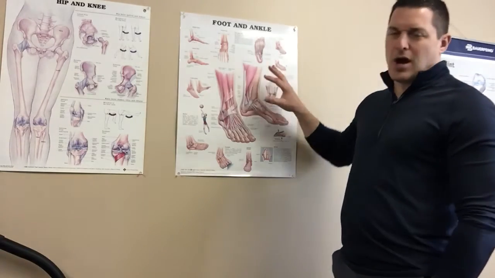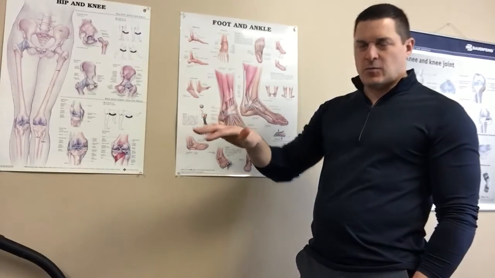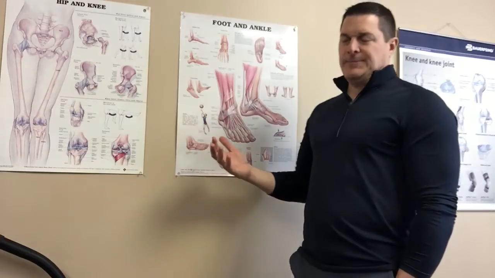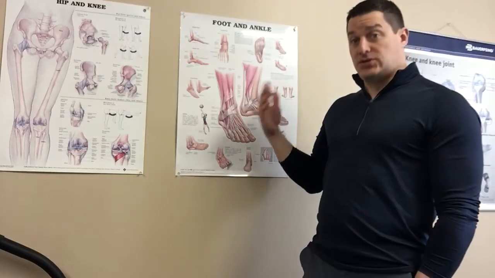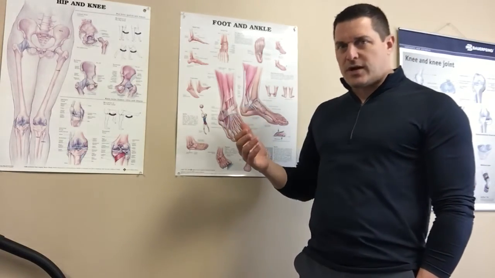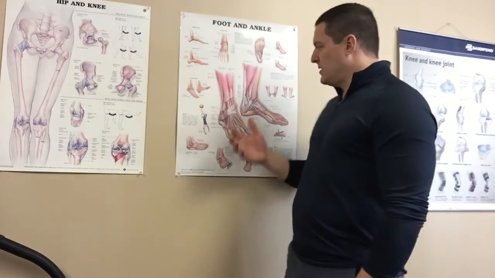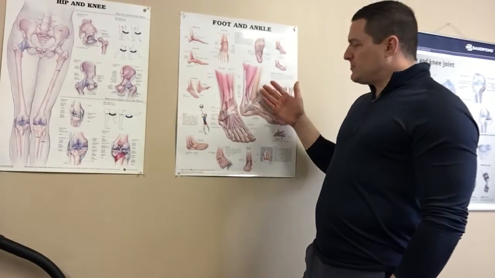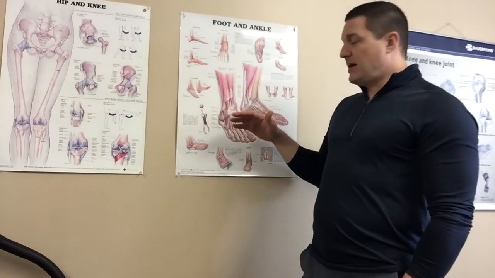Now, its job primarily is to slow your foot down from what we call excessively pronated. So it's the main decelerator of pronation. So what that means is that when your ankle and arch want to roll down a little bit, which is good, it's the ability of your foot to adapt to the terrain you're walking on. It's the ability to give yourself some shock absorbency within the anatomy of your body. So pronation is good, but it's supposed to slow that down to allow the normal amount of pronation, but disallow